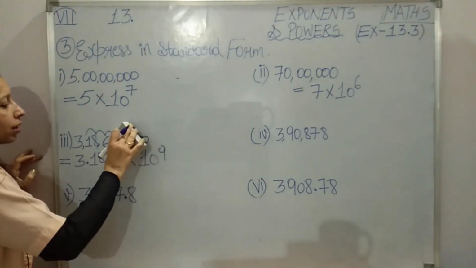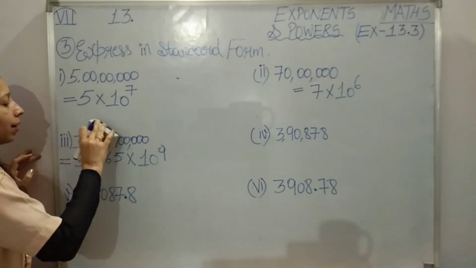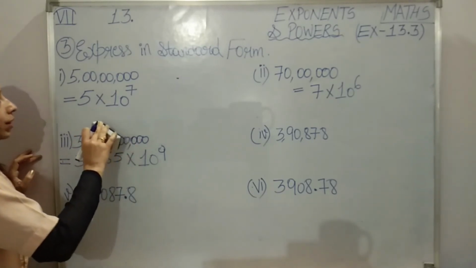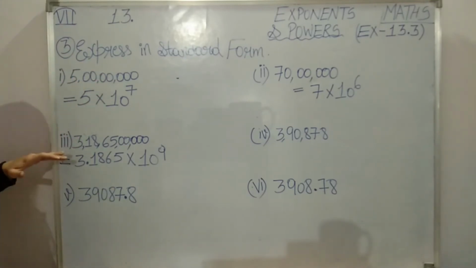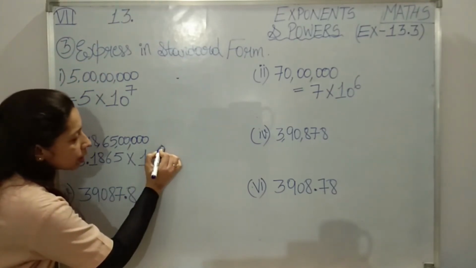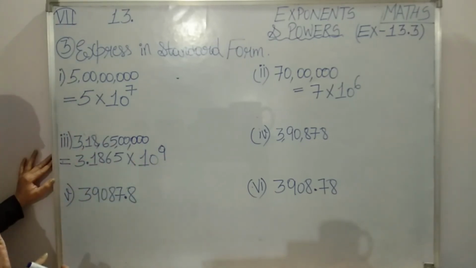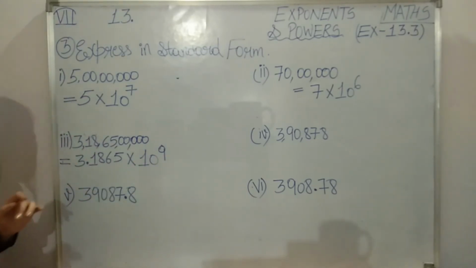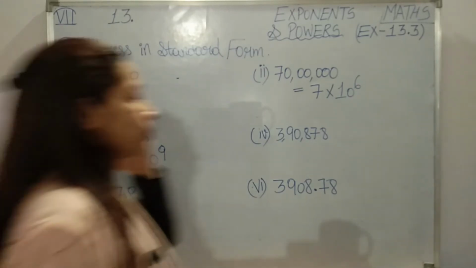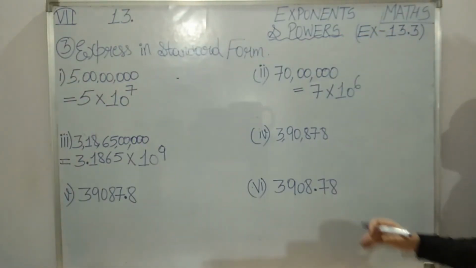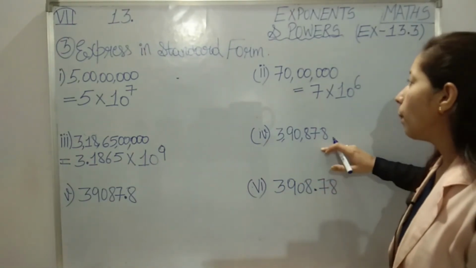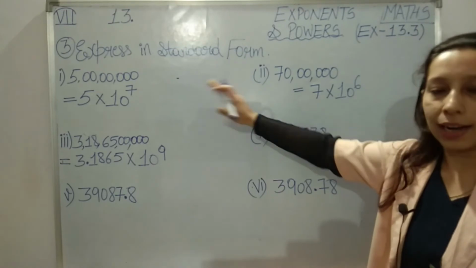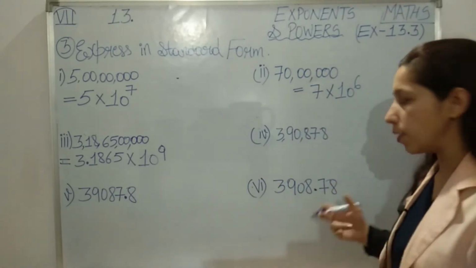So students, if simply a number is multiplied with a power of ten, we can directly write it. But if such is the condition, then we are going to use this way. A few more questions we will see, then automatically it will be clear to you. I'll explain a few more questions. Now see the fourth point. Here again the same problem, students. These are not having any multiples of 10. So simply a number is written which we have to express in standard form. No problem, we will do it.